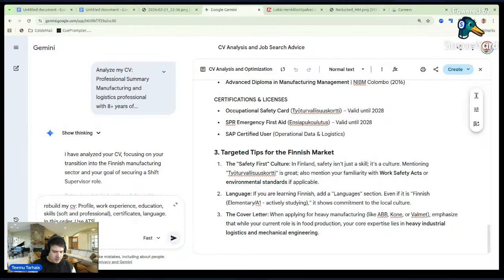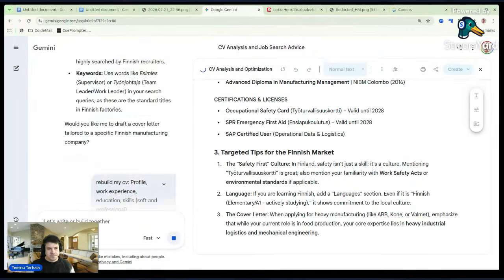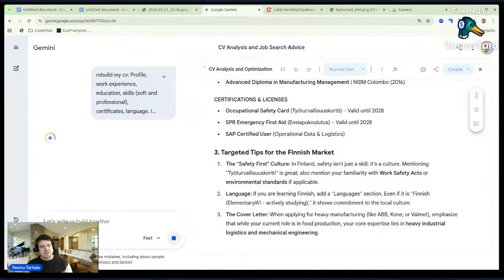And then first improvement. Use ATS friendly terms and proper action verbs. Those little details are the ones which actually make really good results.